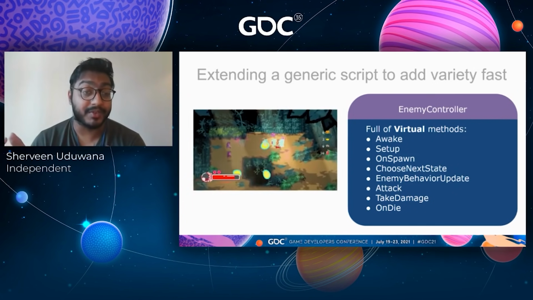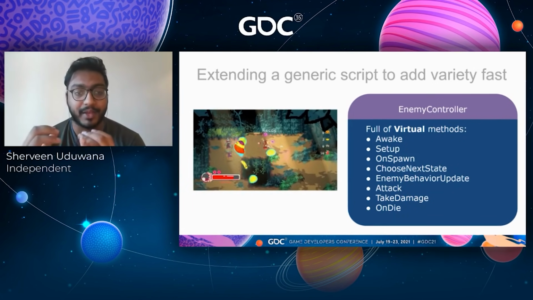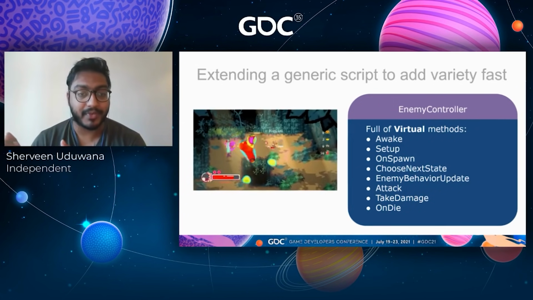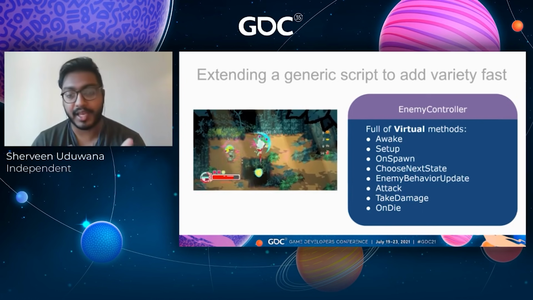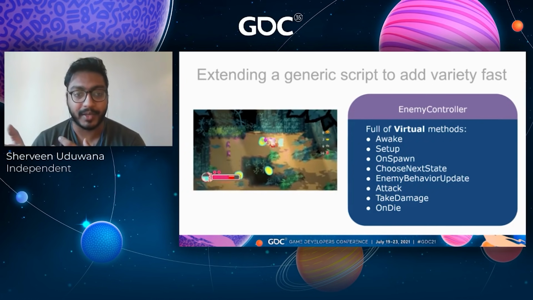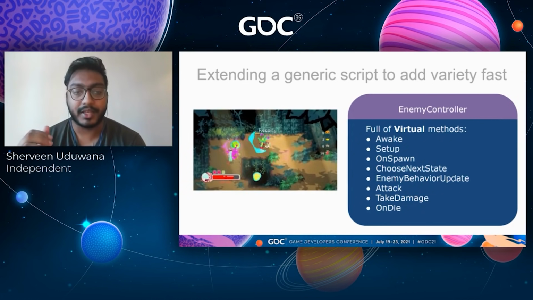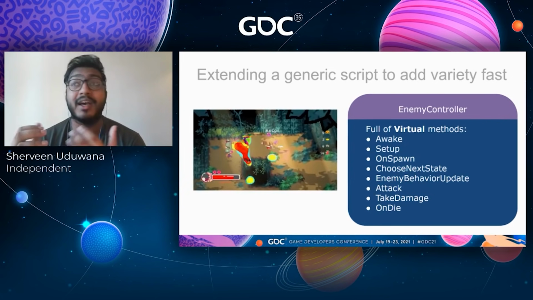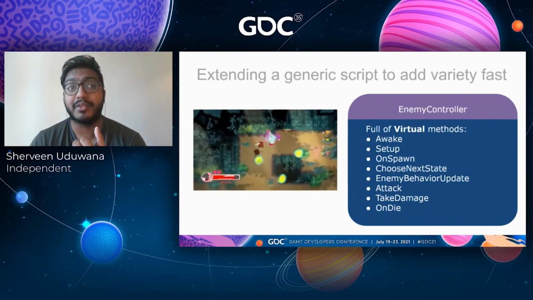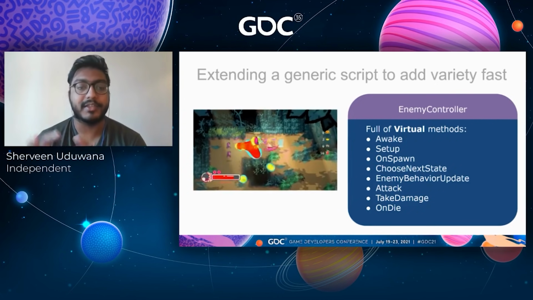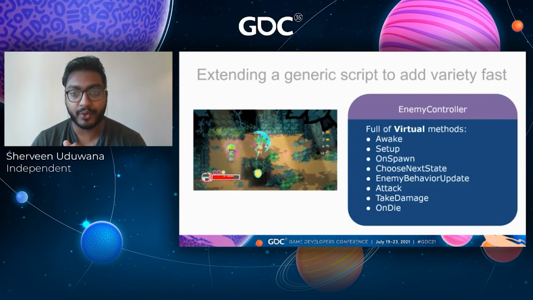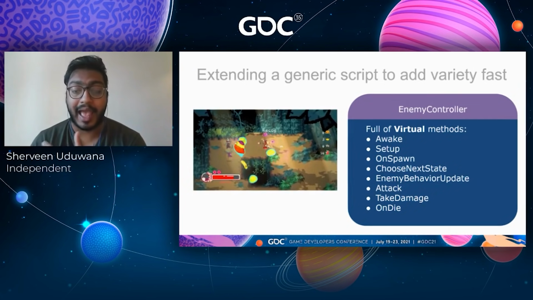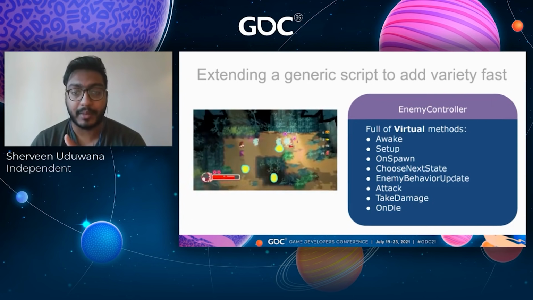In Midautumn, a lot of the enemies have ranged attacks, so that's what that default is. It has a take damage function, where it gets hit, and there's some recoil or some invulnerability, and there is an on die function. So if I wanted an enemy to explode when it died, or if I wanted a certain dialogue event to trigger when it dies, that's what I can use that for. And this is all just in the generic enemy controller that I had from my code library.